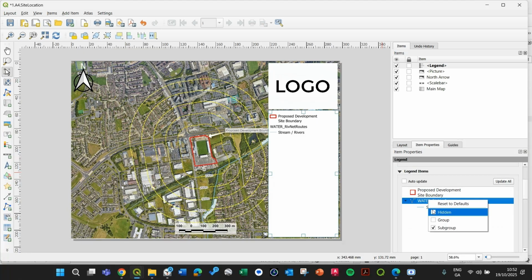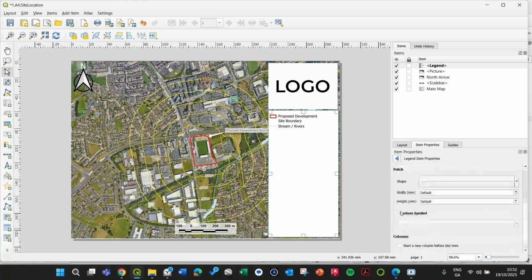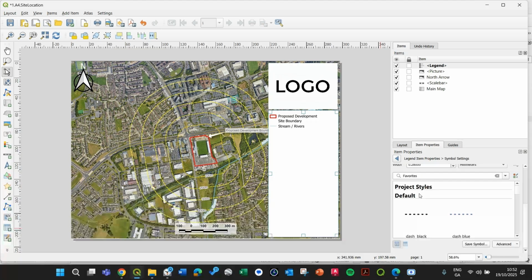So right click, hidden, so it won't appear, this item, and change the symbol to a customized one. So custom symbol, you can select another one. I like the curved symbol, like wavy line, so I can select this